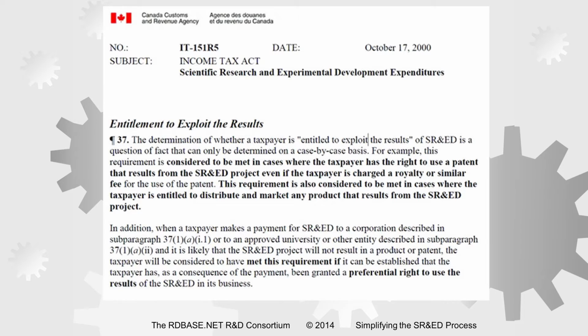So really what they say is, I just need some preferential right to use the results of this that Joe off the street wouldn't have. It could be as little as, with the NSERC chairs, the way they do it is, we're going to release all the information to the public, but you're going to get it 3 months ahead of anyone else. You have entitlement to exploit. So entitlement to exploit is a very small threshold. You need some preferential entitlement over what someone non-related to the business would have off the street.